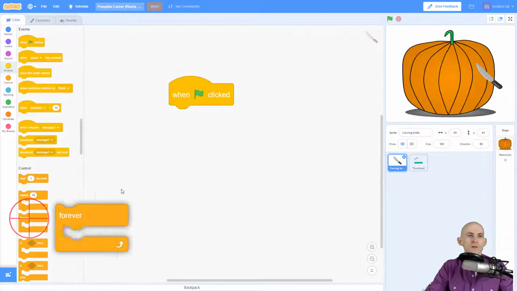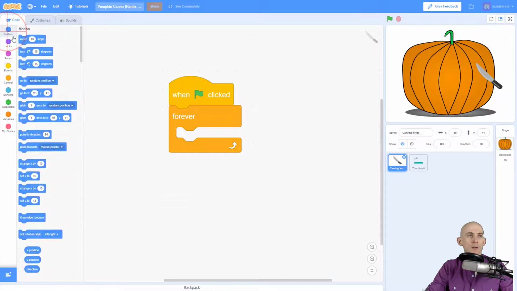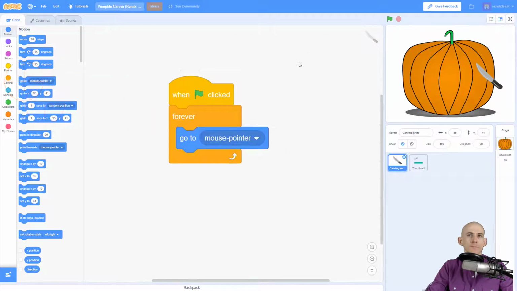To do that, we're going to add a forever block with a motion block inside, and just simply make it go to the mouse pointer. Now when I press the green flag, I have a Carver that I can control with my mouse. Awesome. Now, because this code was super easy, the thing I want you to do next is